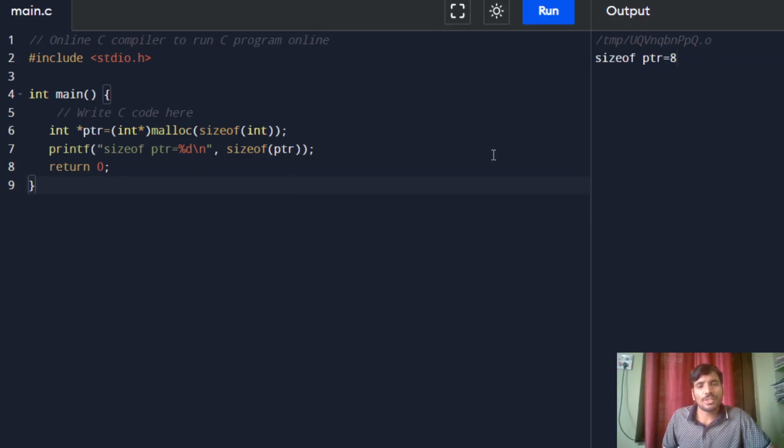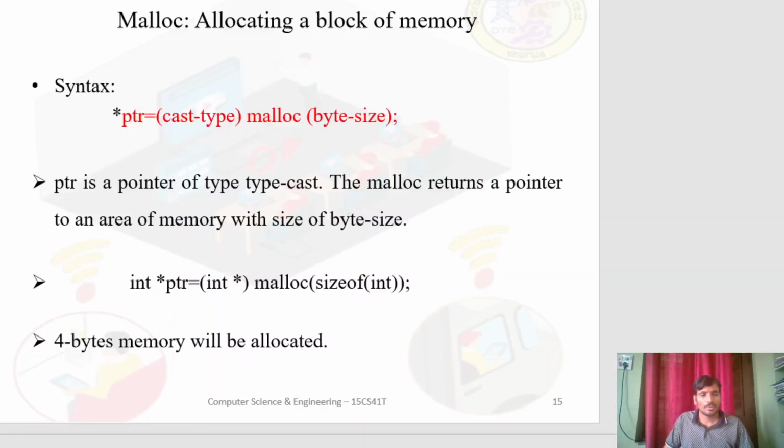If it is 64, it takes 8 bytes. So here you have to check the number of blocks or bytes allocated. That gives you the size 4. Understood? Fine.